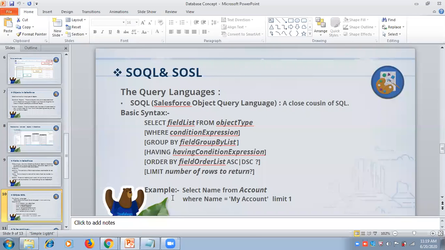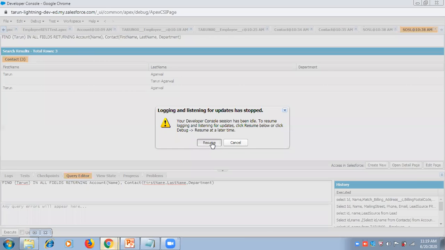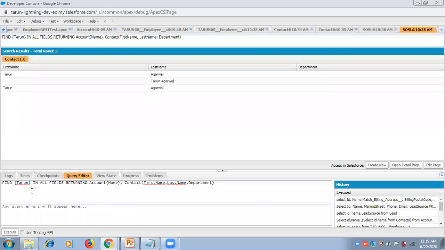So let's run a simple query. Select ID, comma, name from account, limit two.